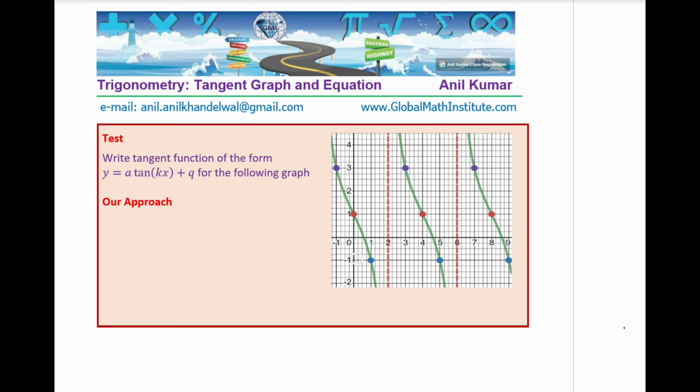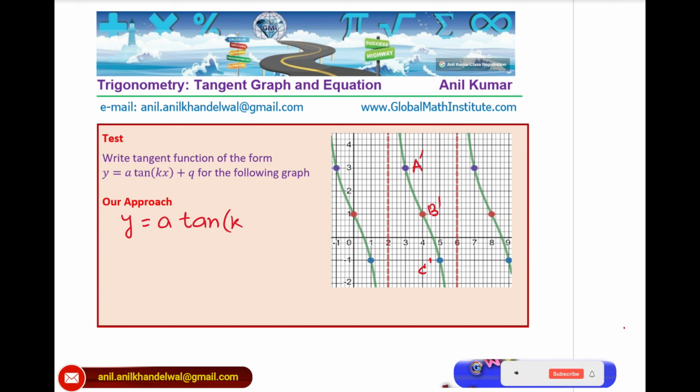Correct? So you saw our approach. Our approach is to really understand each and every point. So we are saying this as a dash, this is as b dash, and that is as c dash. We want to find an equation of the form y equals a tan kx plus q. So we'll begin with how far away is b